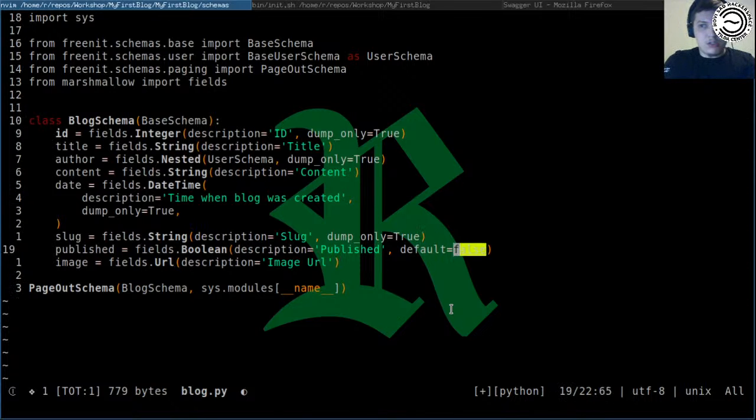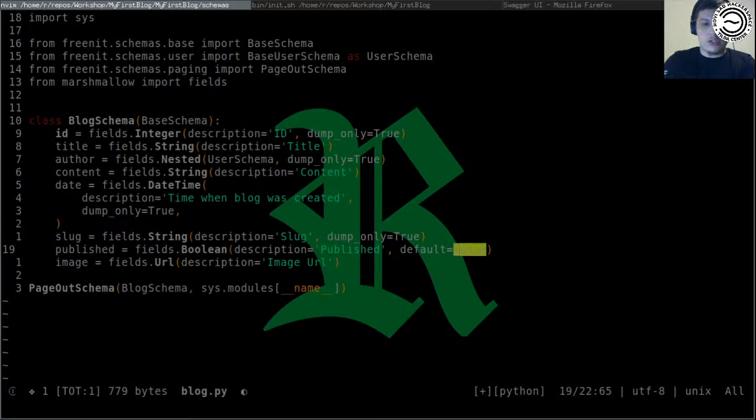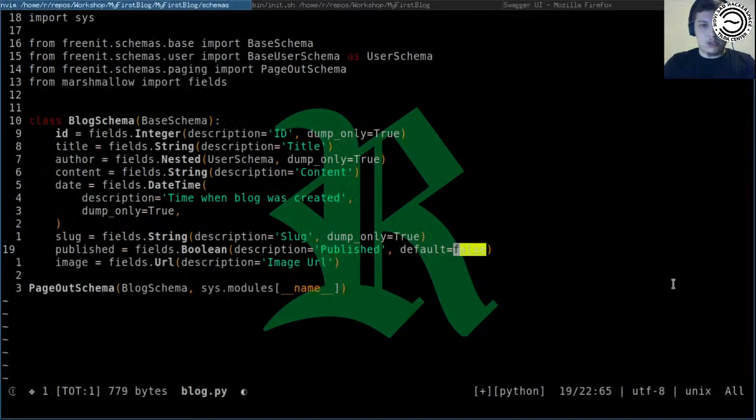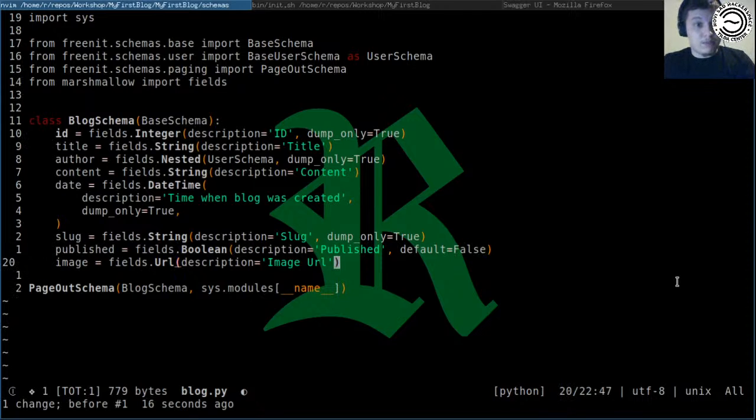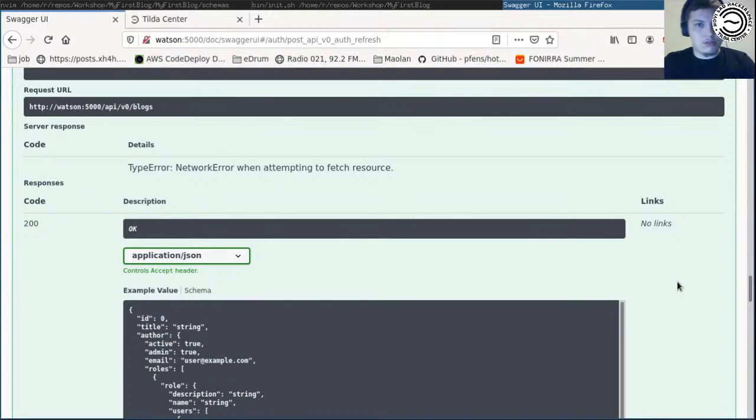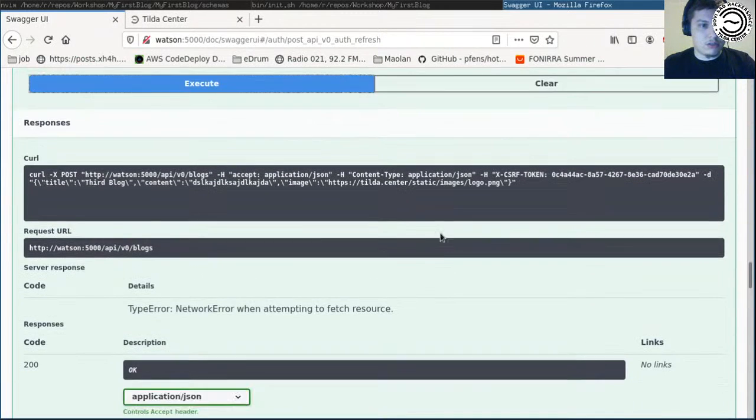Or is it, just let me check. Schema and blog. No, it's not, it's false. Okay, I'm not really sure. This is something I wanted to show, and now it's quite a thing that's not working, and I'm quite sure that